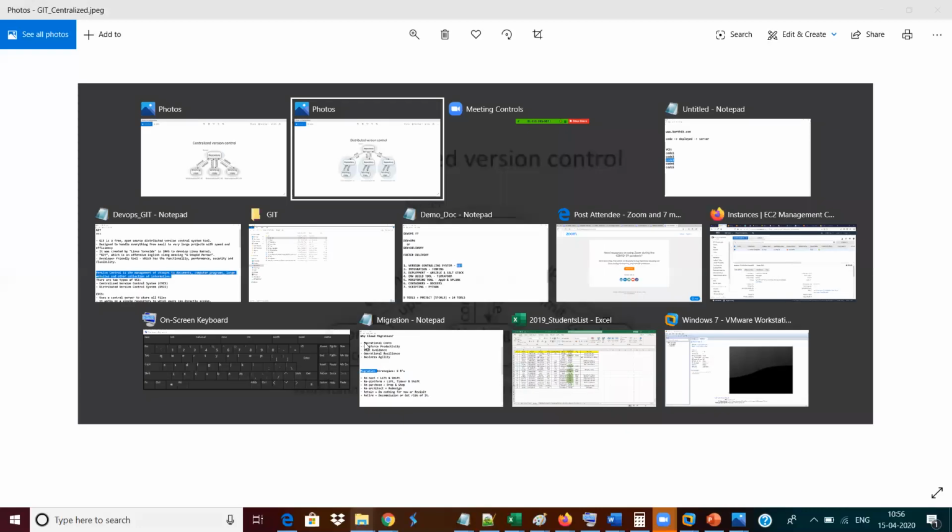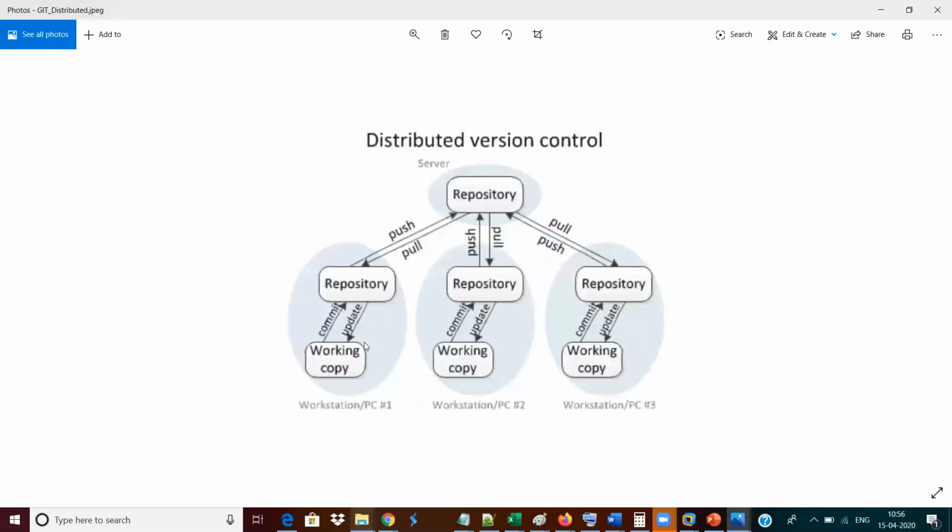But check out this particular diagram. In your distributed version controlling system, since we store the content in the repository, which is a local repository available in the same system itself, when you are communicating within the same system, it is not a remote system. Then you don't need any internet. If you don't need any internet, then ultimately this is the best type of communication, so that at the day end, the entire repository available in the local repository will be stored into your remote repository. There are two types of repository. One is in your local machine, another one is in your remote machine.